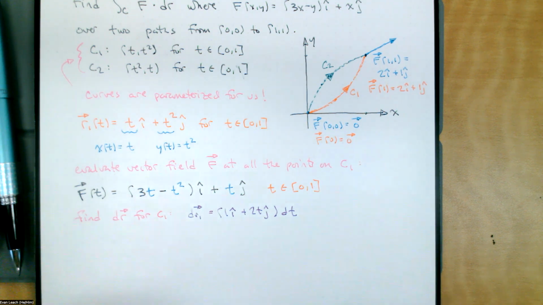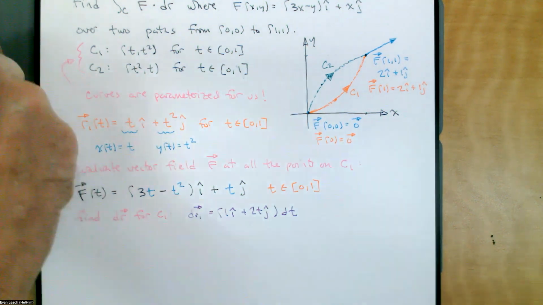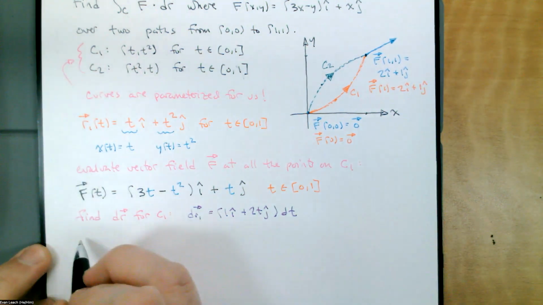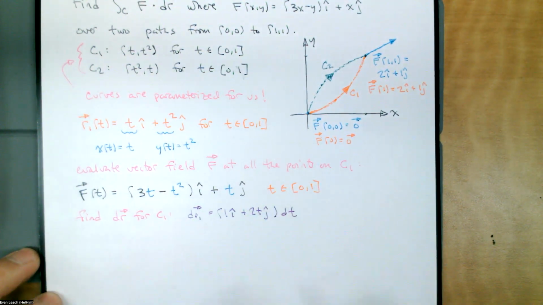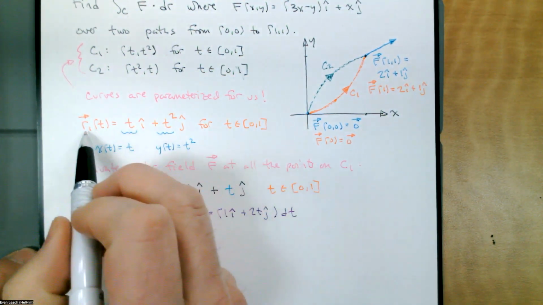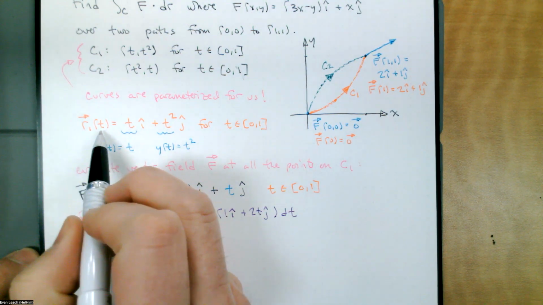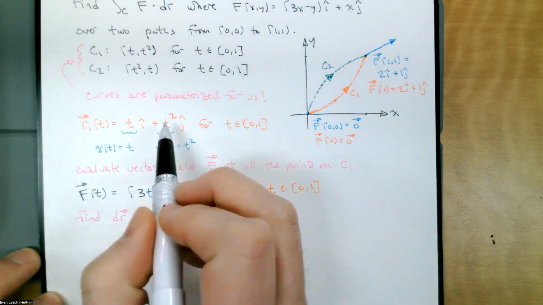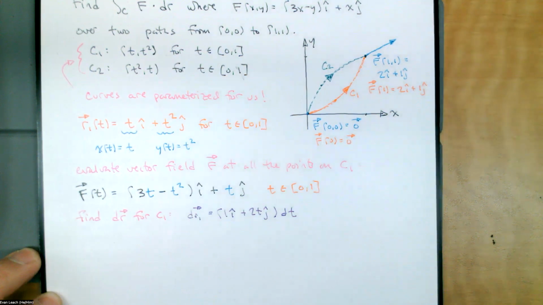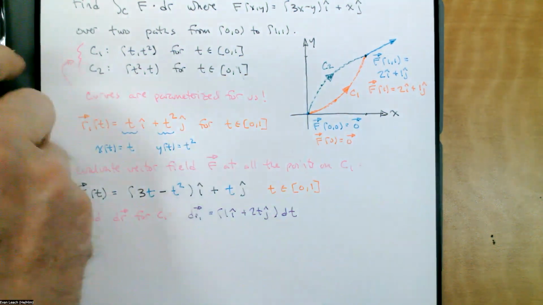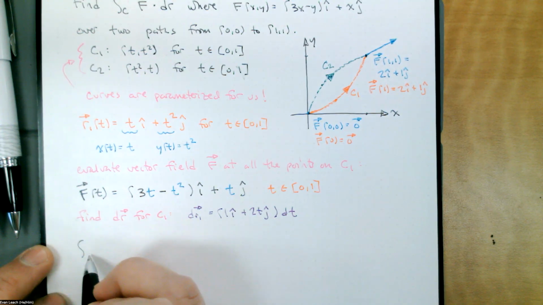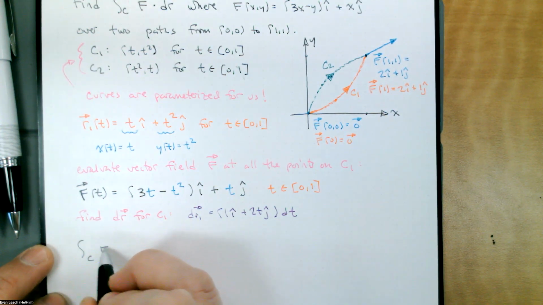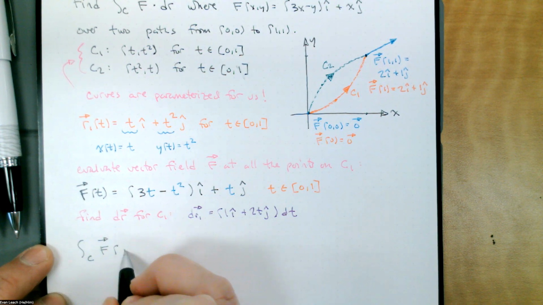So now we can calculate. 1 and 2t j. That just comes from taking the derivative of r1 of t. So the derivative of t is 1, the derivative of t squared is 2t. So our integral over C of f evaluated at all the points on r1 of t